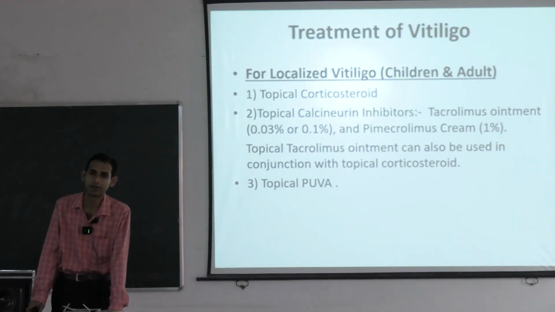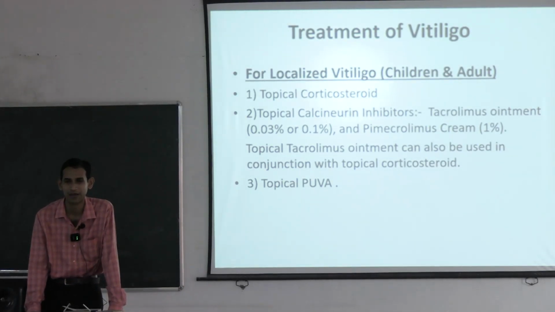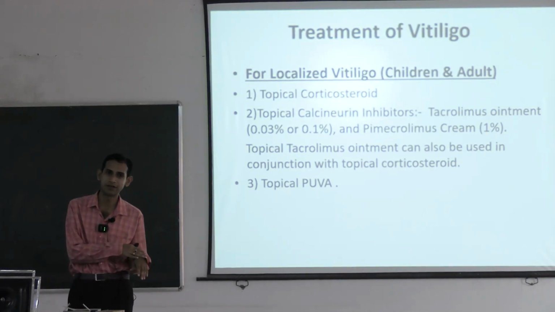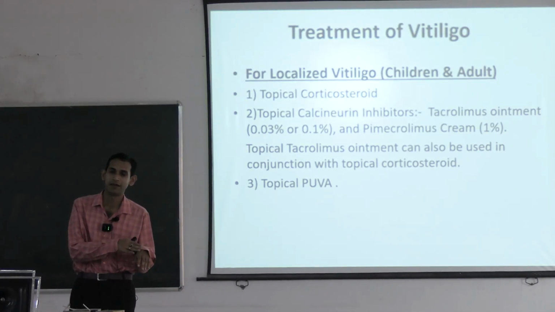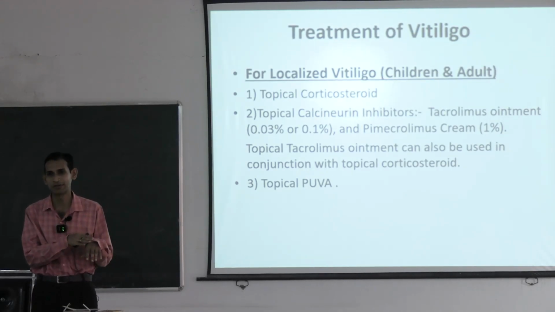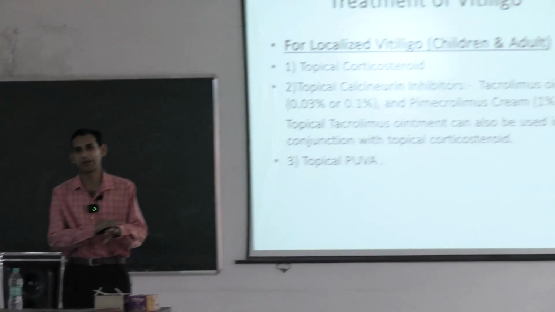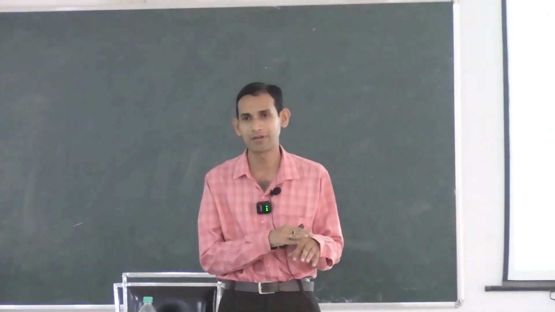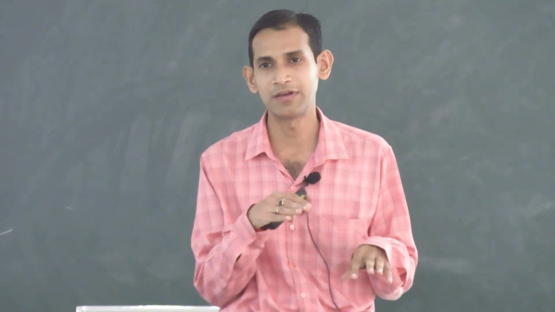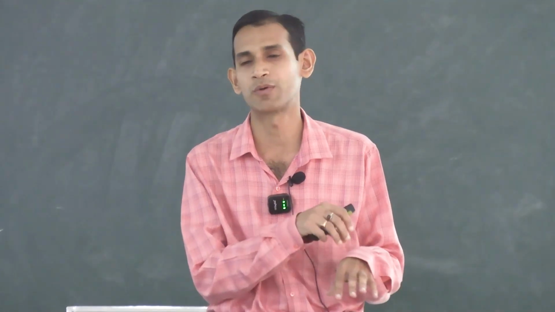Other topical therapy which can be used is topical PUVA therapy. In that case, 8-methoxypsoralen solution in 0.1 to 0.01% is diluted with water and applied over the vitiliginous skin, wait for 30 minutes, and then sun exposure is done. Initially for a few seconds and then gradually exposure is increased to 10 to 15 minutes, and after that the area should be washed thoroughly with soap and water and covered with clothes or sunscreen. But the only disadvantage is that it produces severe phototoxic reaction, or blister formation can occur.